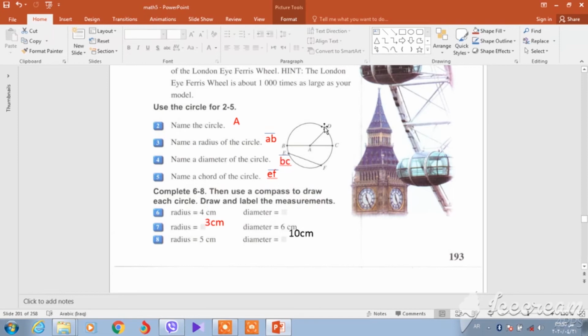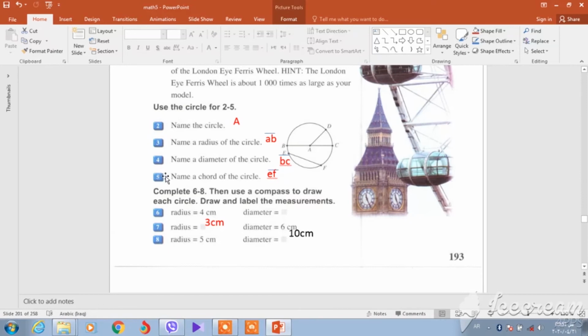You can say just one. Okay, I write just AB. This is also a radius, and this is also a radius. Name a diameter of the circle. Which one is a diameter? We have diameter BC. Why? Because it is a line segment between 2 points on the circle that passes through the center. So BC is a line segment. You need to write this down. After that, the names of the line segments: AB for the radius, and BC for the diameter.